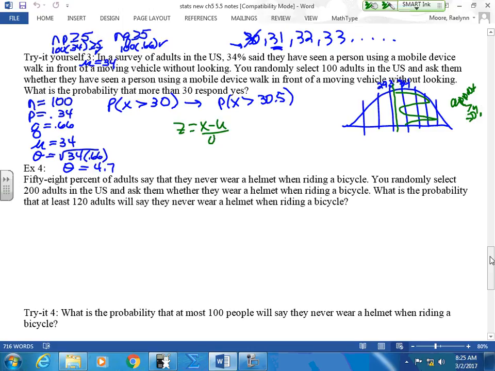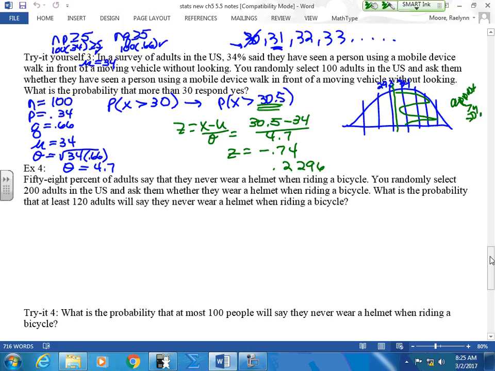You're welcome to use your calculators if you like. My x value is this guy, the one we changed. My mean, my standard deviation. So what's your z-score? Negative 0.74. Good. Did I expect it to be between the 0 and the negative 1? Yeah. Now, when I look up that area, I get